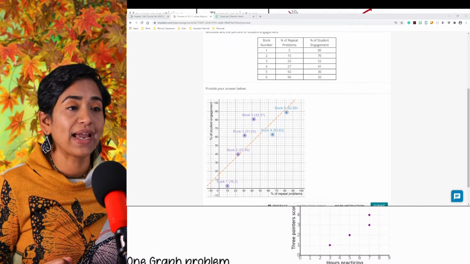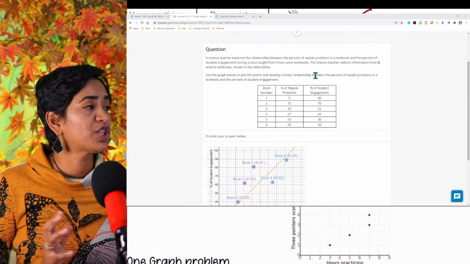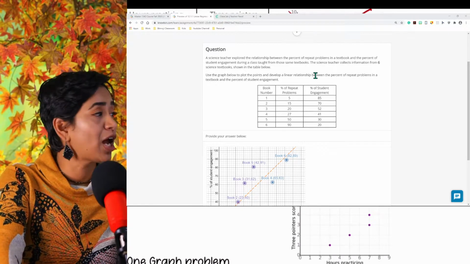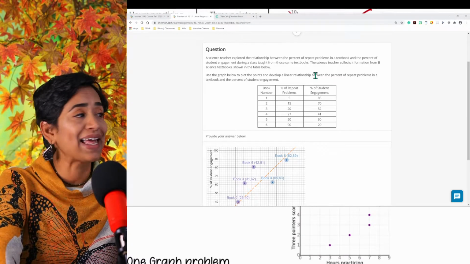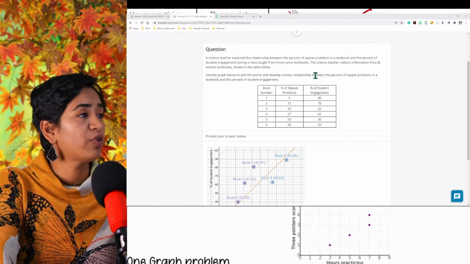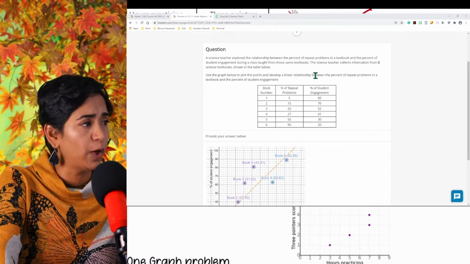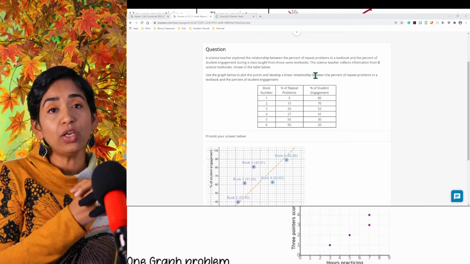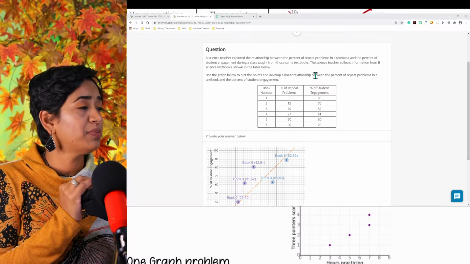There you go. There I have it. Here it says a science teacher explored the relationship between the percent of repeated problems in the textbook and the percent of student engagement during a class taught from the same textbook. The science teacher collects information from 6 science textbooks and shows it in the table below. Use the graph to plot the points and develop a linear relationship between percent of repeated problems and the percent